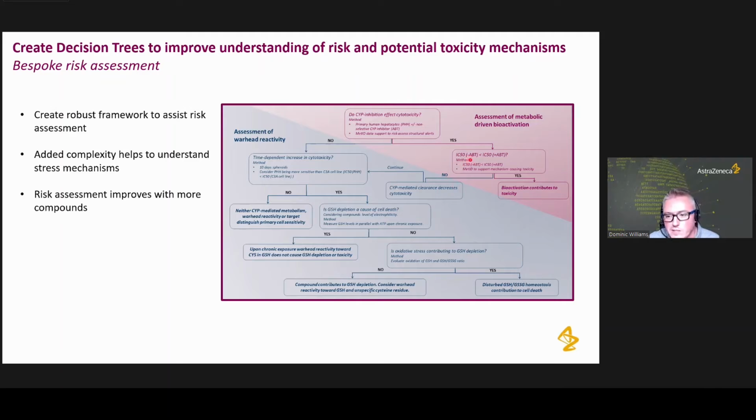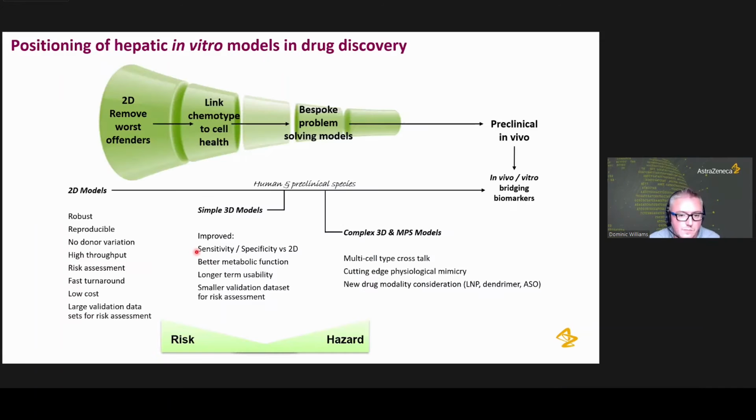And so things like IC50 in the absence of ABT versus smaller than the IC50 in the presence of ABT, all lead to these different decisions as we go down. But the detailed decision tree goes into some quite complex mechanistic issues with covalent inhibitors. And so broadly, I'd just like to summarize. We have a place for both simple models and really complex models within the drug safety pipeline.